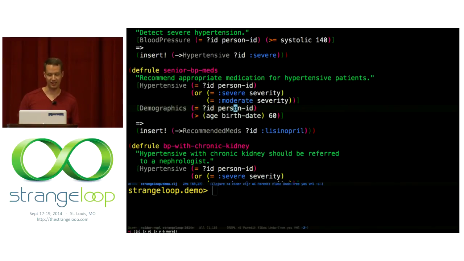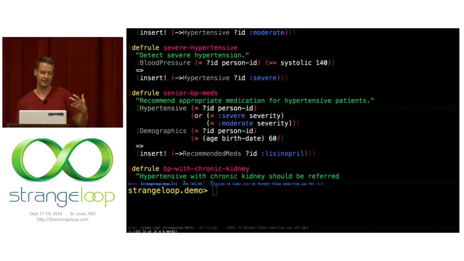The particular data elements that are visible here: by default, we'll look at the fields of the record and make those visible to the context of your expressions. If you have a more specialized need, and you know your way around Clojure pretty well, we can do arbitrary destructuring of the facts and make it visible to the functions as well.